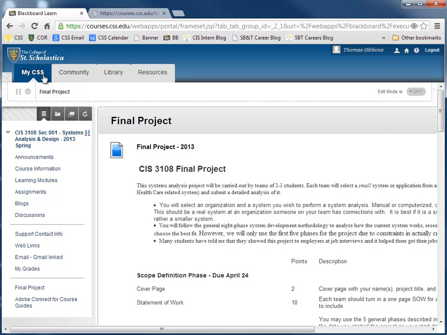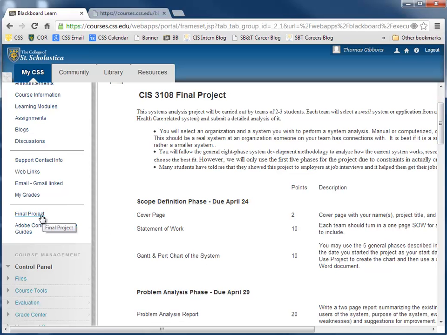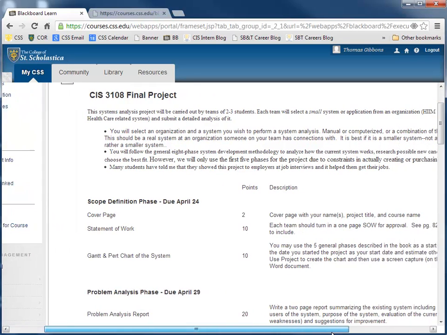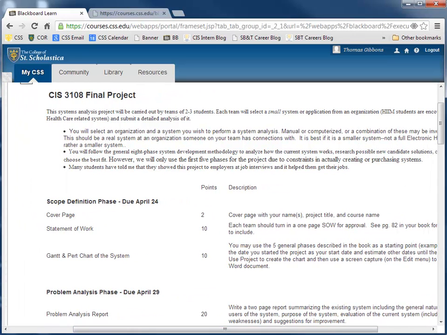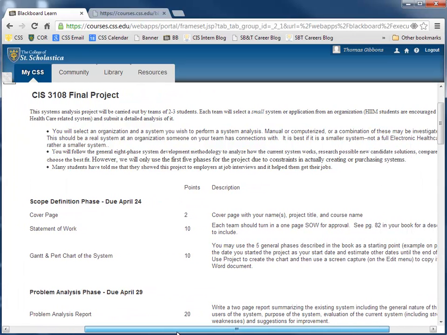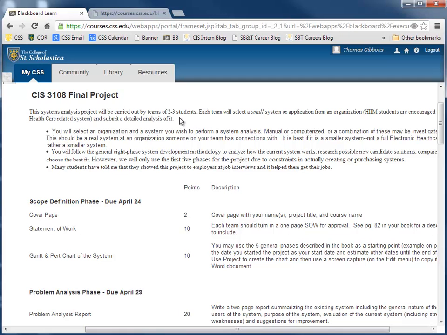If you go into Blackboard and into our course, you'll find a link on the left labeled Final Project. Under that, you'll see the description of the final project. And today, you're going to have to break into teams that you choose of 2 to 3 students. You can't have more than 3, and you can't have less than 2, so it has to be 2 to 3 students each. And your job is to get together as a team and then select a